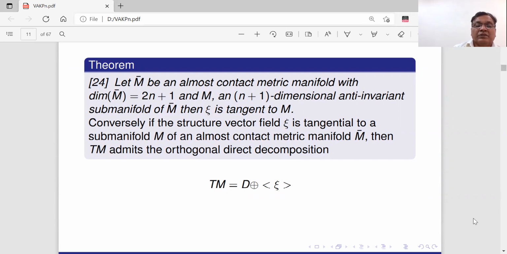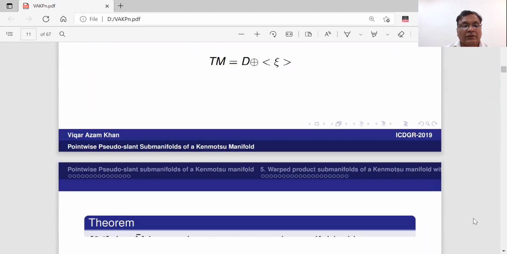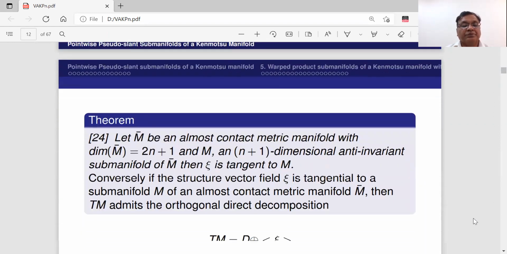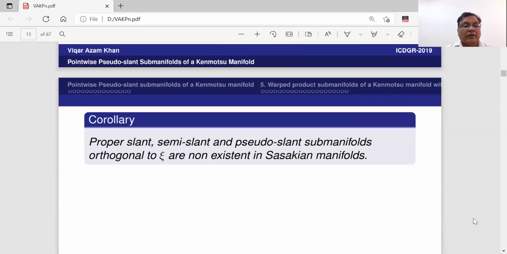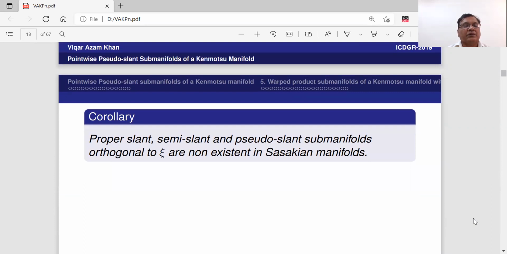Xi cannot belong to a slant distribution because we demand in the case of slant distribution that each vector should have a constant angle. So since phi xi is 0, xi cannot belong to the slant distribution. So this is an important observation. All right. Then some of the observations are: proper slant, semi-slant, and pseudo-slant submanifolds orthogonal to xi are non-existent